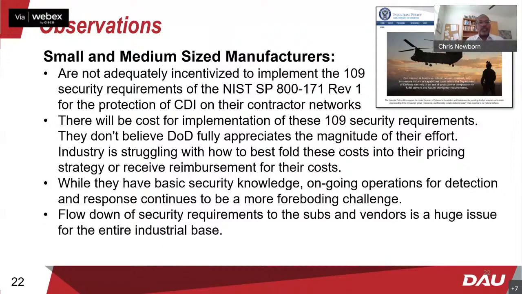The next major thing, my third bullet, the second to last, is basic security knowledge from a large and medium firm. For the small business, they're doing everything. So saying, oh, I'm going to know how to implement and execute those security requirements, or how to buy that tool to integrate into my system so I can monitor, is really not realistic.